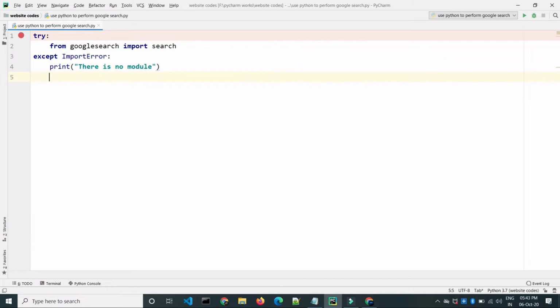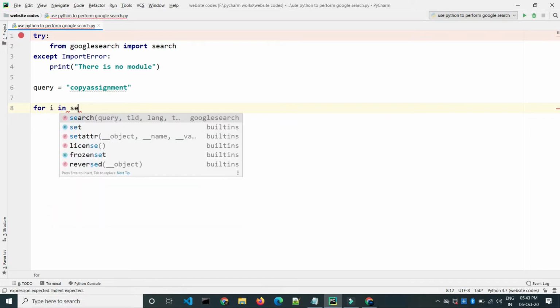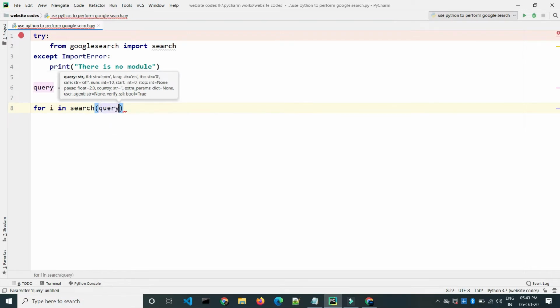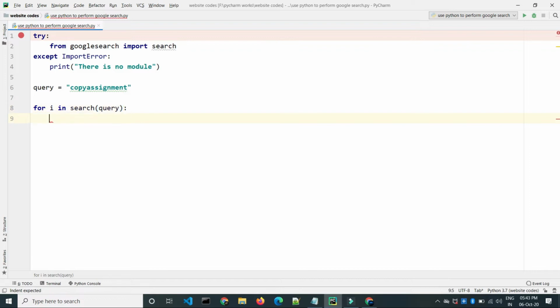Now let's move forward and let me type query and insert copy assignment. Now let me apply a for loop: for i in search, inside this just type query, and just print i.